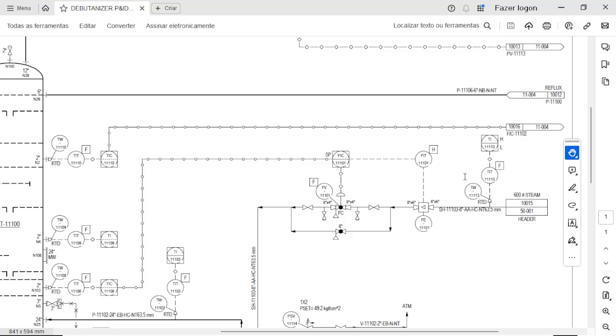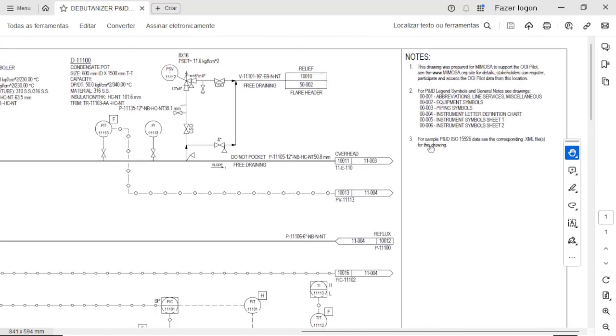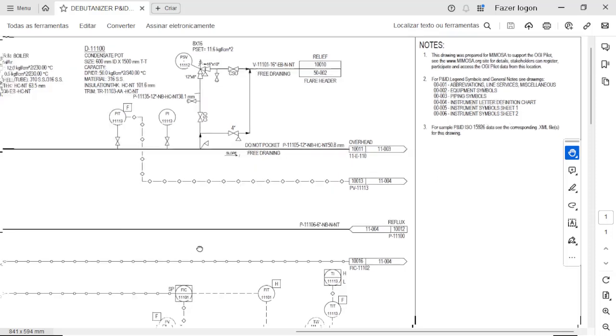And we have information related to control. The control is what defines the action that will be taken based on the measurement of the variables. So for instance, I have a flow meter here, and I know this is a flow meter because it's a flow element, and all of this designation is shown in the instrument symbol sheets, 1 and 2 in this case.